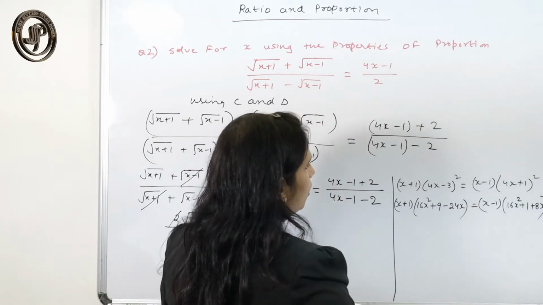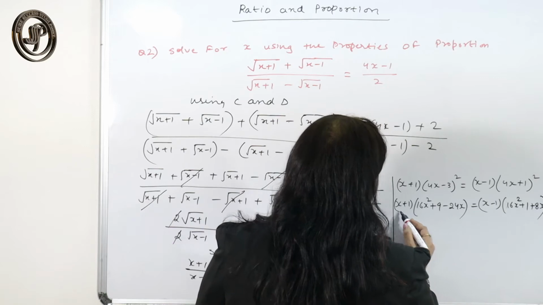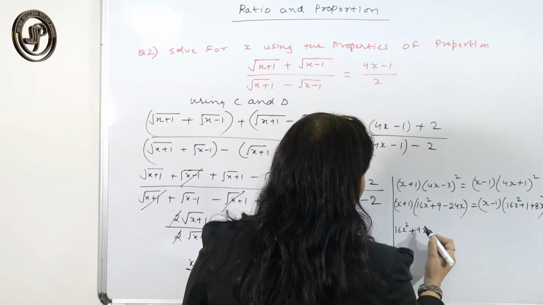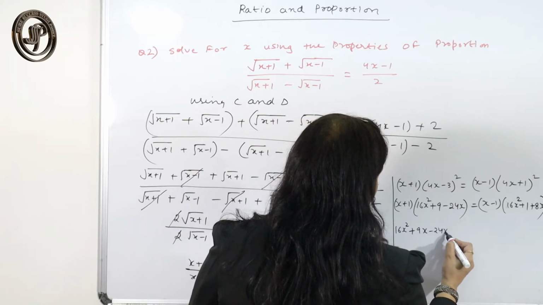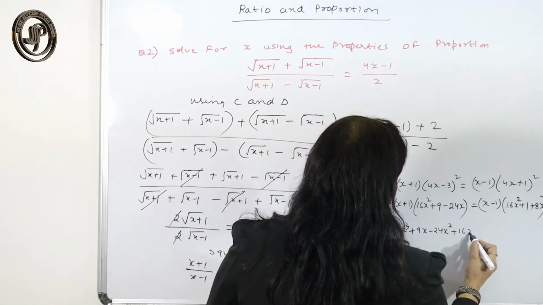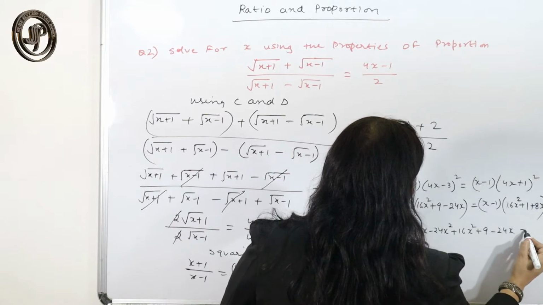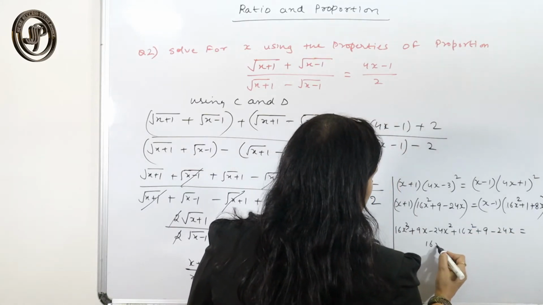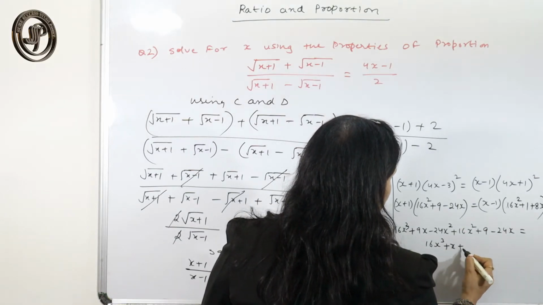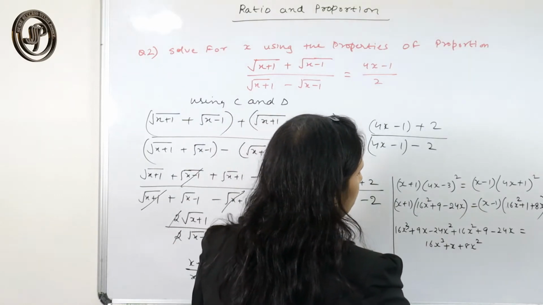8x, right? Now just multiply this. When you multiply this, it will get 16x square plus 9x minus 24x square, 16x cube, right? Plus 16x square plus 9 minus 24x is equal to this will be 16x cube plus x plus 8x square, right? 8x square, and